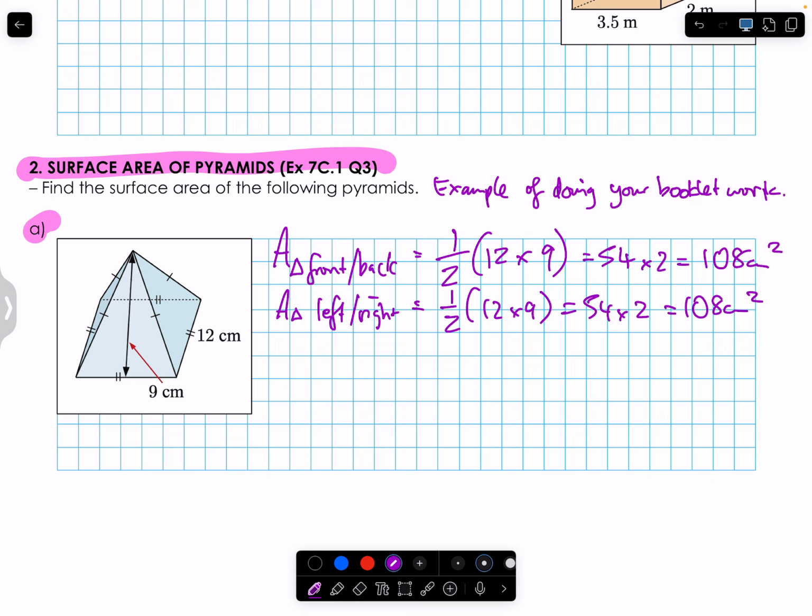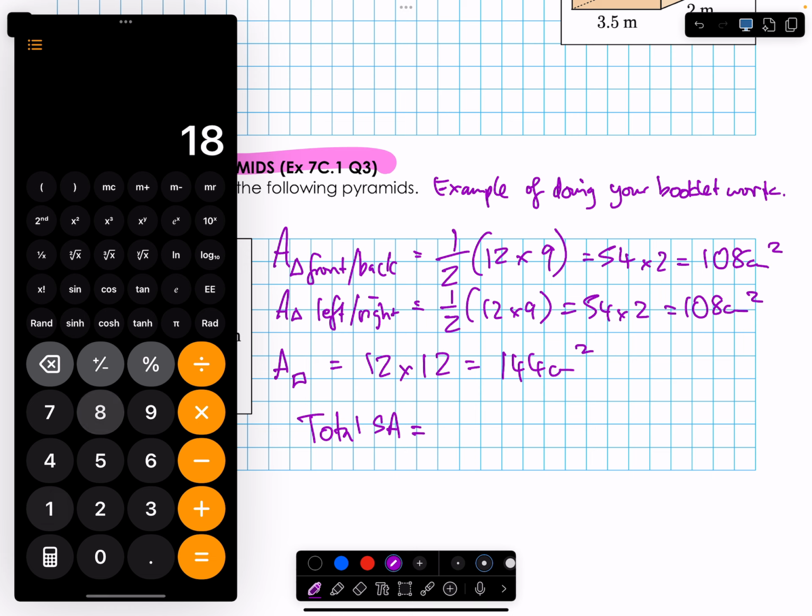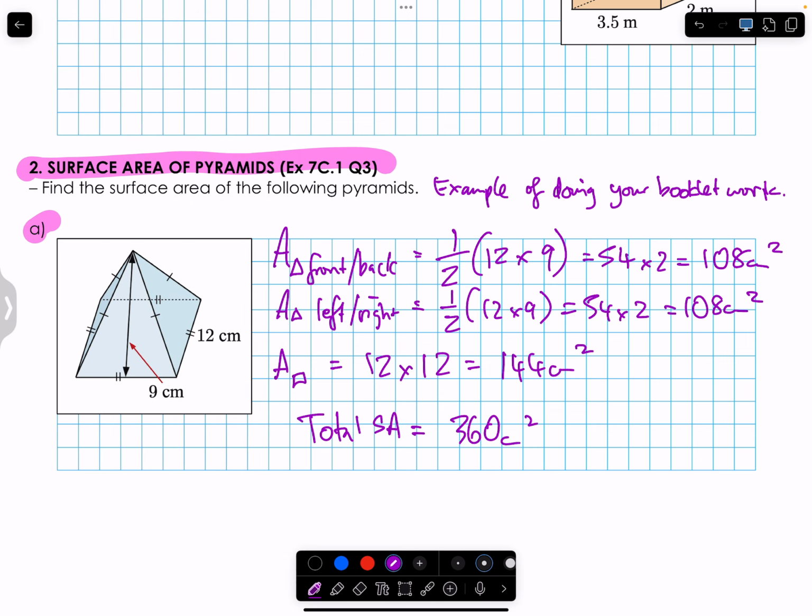What would the area of a square be? Area is going to be length times by width. So 12 times 12. That's going to be 144 square centimeters. So total SA is going to be 108 plus 108 plus 144, 360 square centimeters. You've got marks for that already, but before you move on to the next question, go to